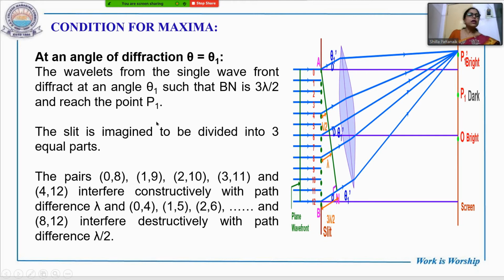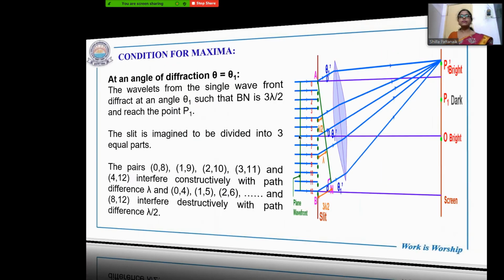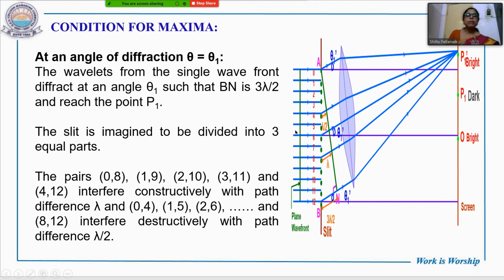Okay, so here again let us imagine the slit to be divided into 3 equal parts. First part, second part, third part. For every point source on the first part, there is a corresponding point source on the second part, between which, what is the path difference? Lambda by 2. Very good, lambda by 2. Because this part lambda by 2, this part lambda by 2, this part lambda by 2. So these light sources from these two parts will interfere destructively to produce minima.